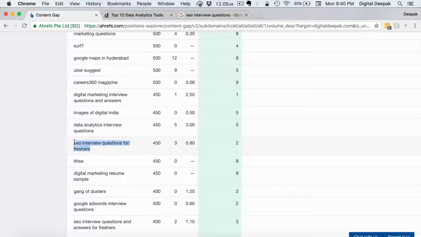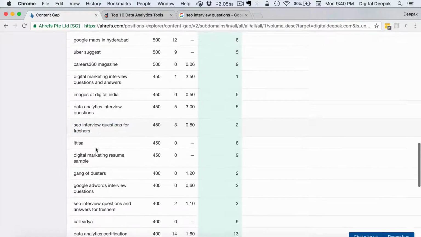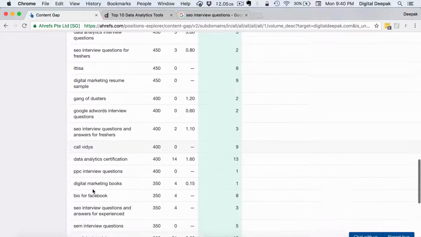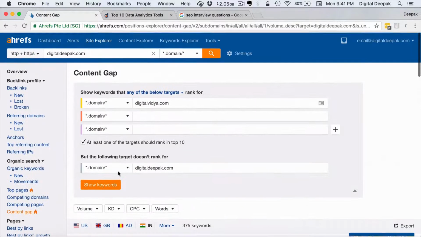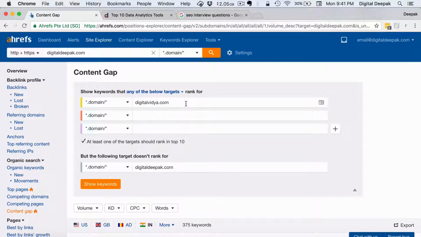Here you can see SEO interview questions for freshers, SEO interview questions for experienced people, and a lot more keywords. Here I can go ahead and enter different competitors' domain names and see what they are ranking for in the top 10 that I am not, and this gives a lot of content marketing ideas.